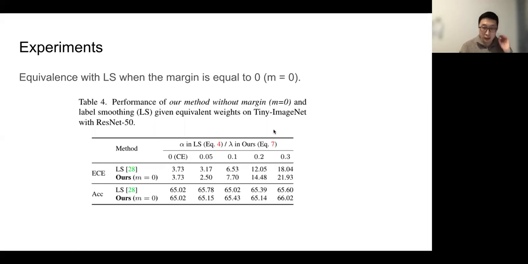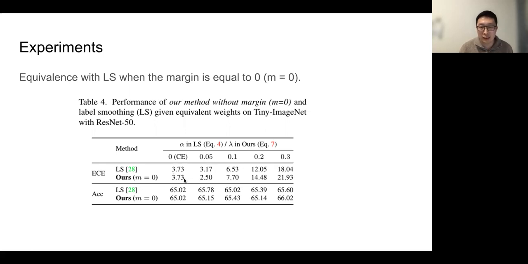And here is the experiment to show that label smoothing has similar performance to our method when we set the margin to 0. Here we vary the balancing weight of label smoothing and the balancing weight in our method.